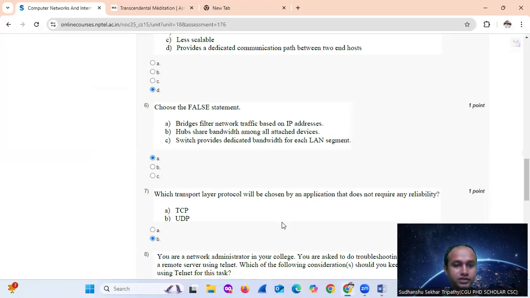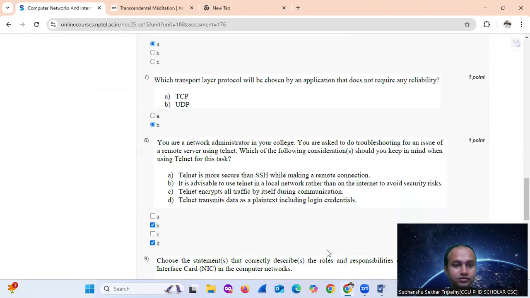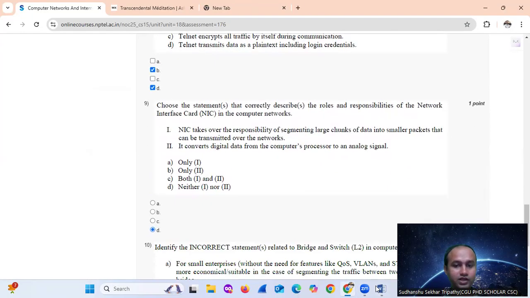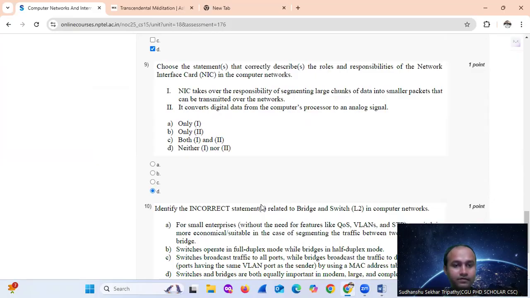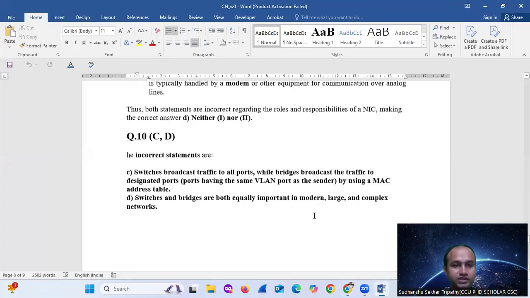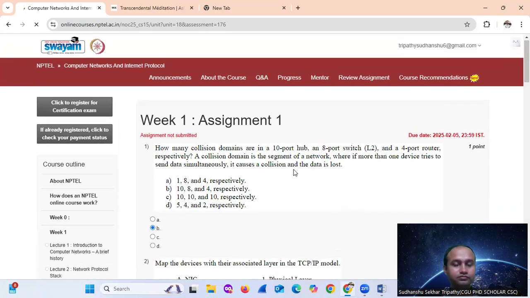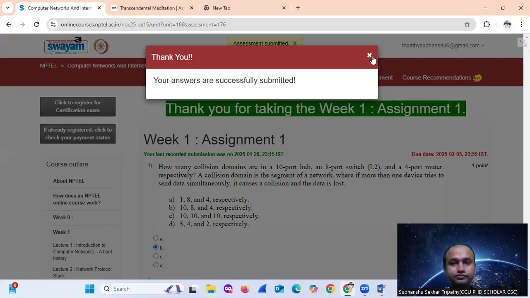ए, यस, क्वेश्चन नंबर सेवन बी, यस, क्वेश्चन नंबर एट बी डी, यस, क्वेश्चन नंबर नाइन डी, क्वेश्चन नंबर टेन सी डी, यस, सबमिट आंसर। Submitted। Thank you।